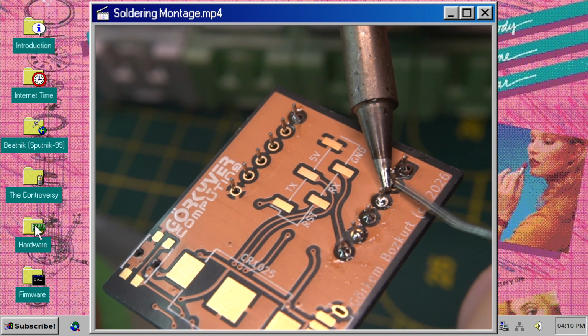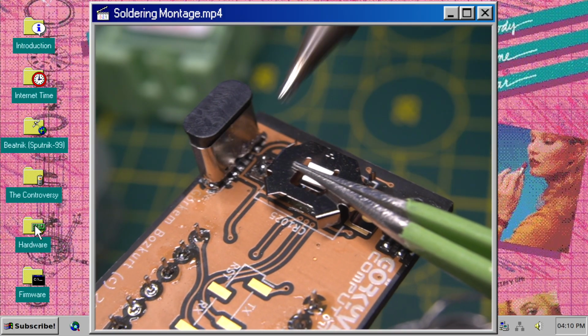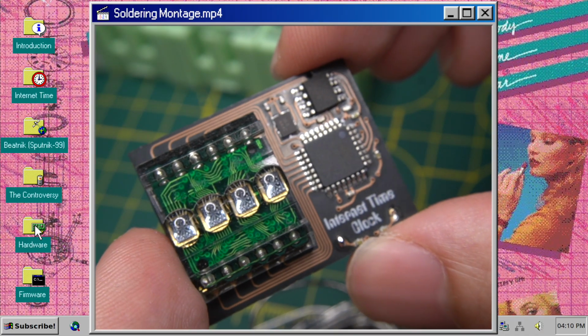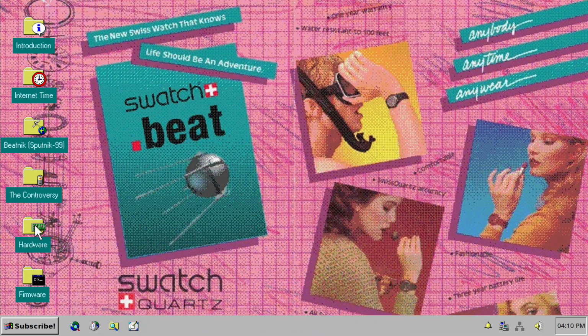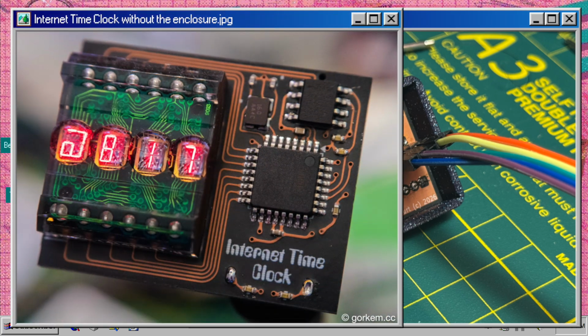I hand soldered the display and components on the back. After a general inspection and a few tests, the board is now ready for the firmware. The code can be uploaded using a USB to serial converter, or by using another Arduino. The firmware is much simpler compared to a conventional clock,